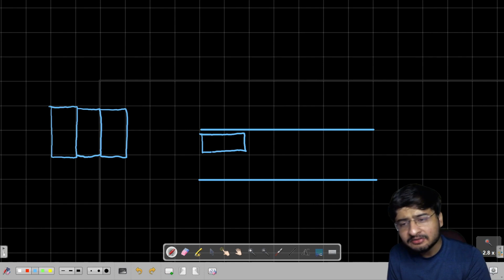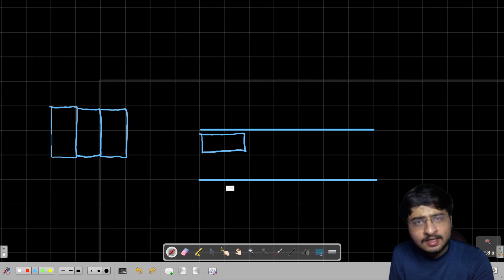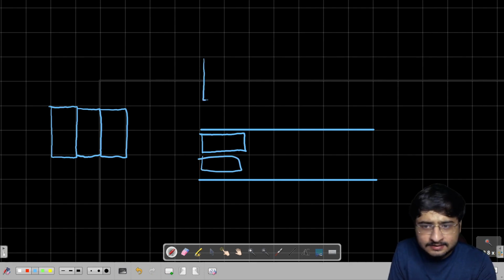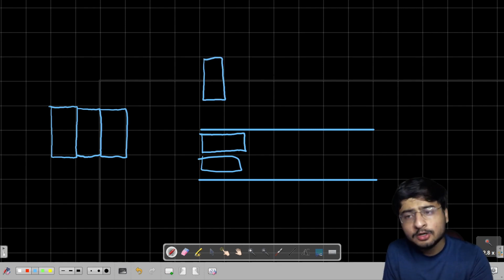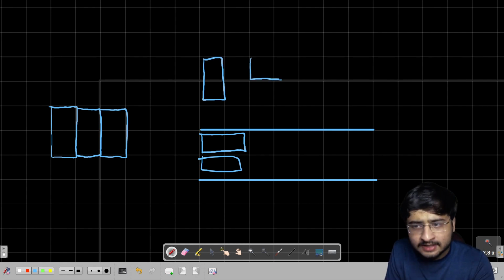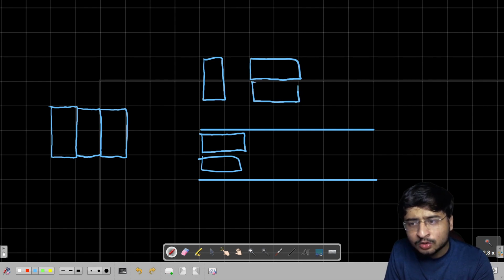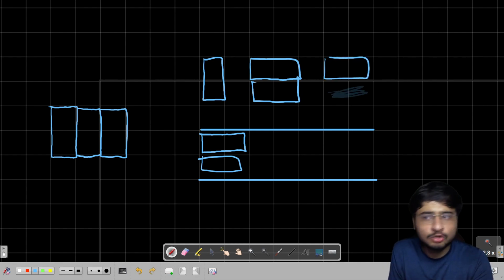No. This means that whenever I'm placing a horizontal tile, I'm only having one way to fill this with the horizontal tile itself, right? So can I simply say that a vertical tile comes like this as a single tile, but horizontal tiles, whenever I'm placing, look like this, right, as a double of tile. And there is no other way to fill this row of 2. If I've chosen the horizontal tile to fill the bottom row also, there's only one option to fill it